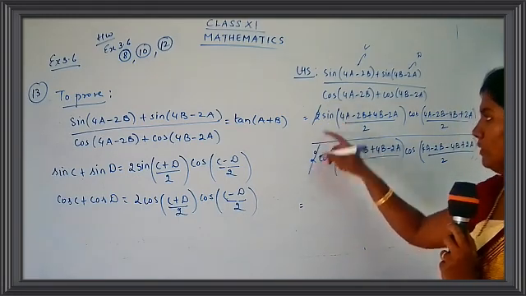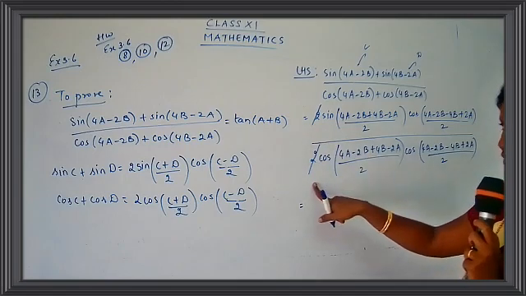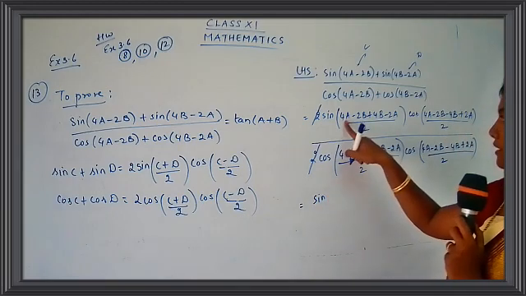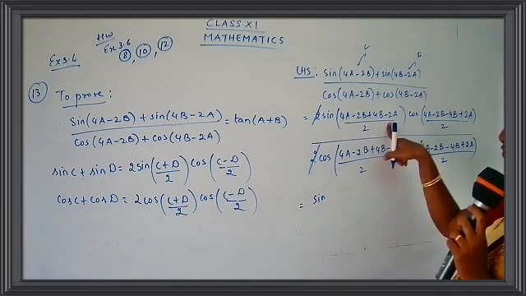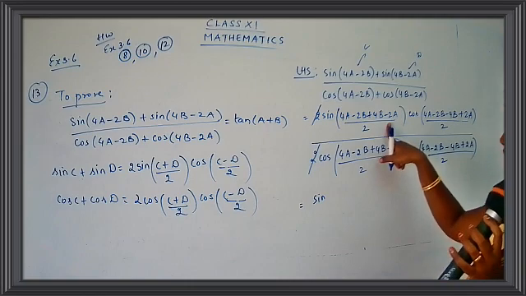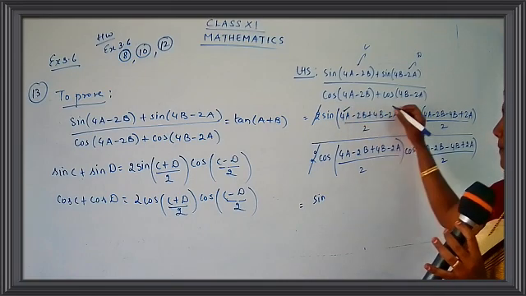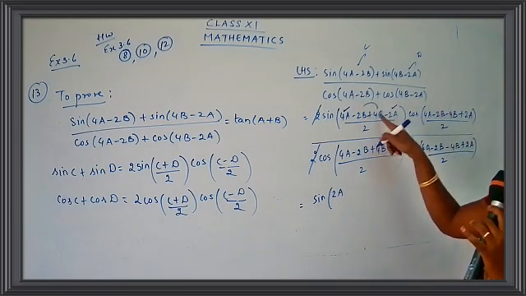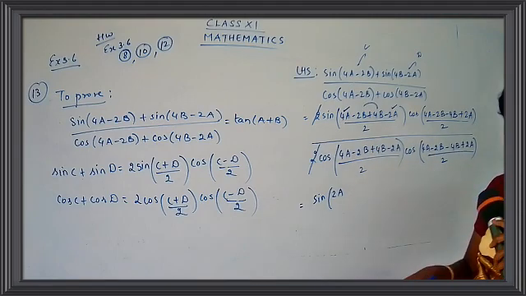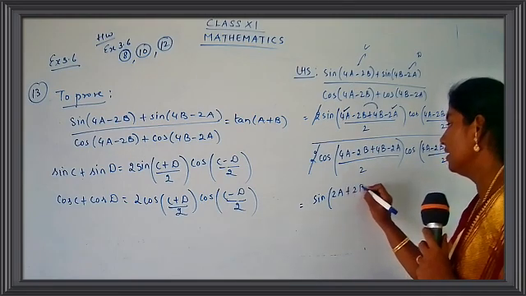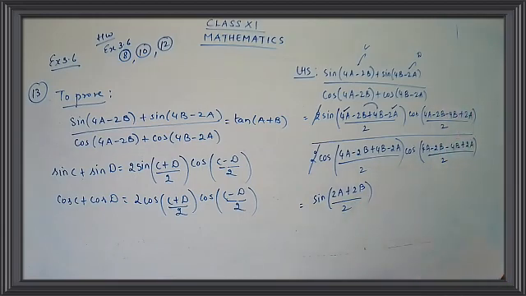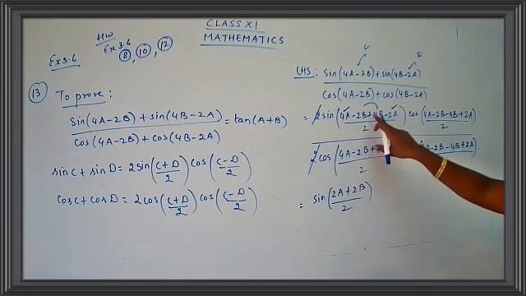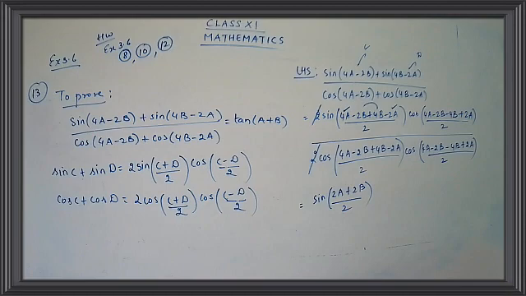So I can cancel 2 and 2 because we have 2 in the numerator and we have 2 in the denominator. So I'll cancel 2 and 2. That work is finished. Now coming to sine of, shall we do it directly? 4a minus 2a. What is 4a minus 2a? 4a minus 2a is 2a. So I'll put here 2a. And 4b minus 2b, 4 minus 2, plus 2. So I get here plus 2b upon 2. So what do you have here? Sine of 4a minus 2a, 2a, 4b minus 2b, 2b upon 2. Okay, done.